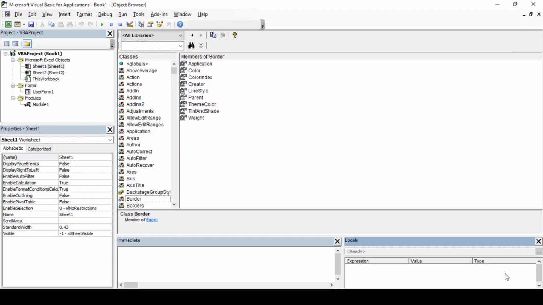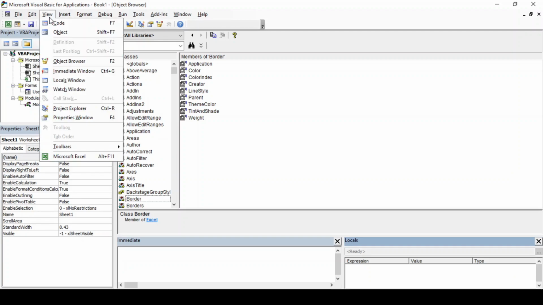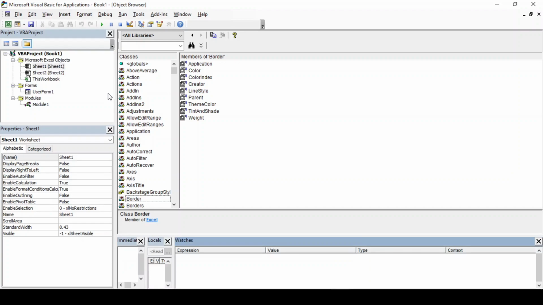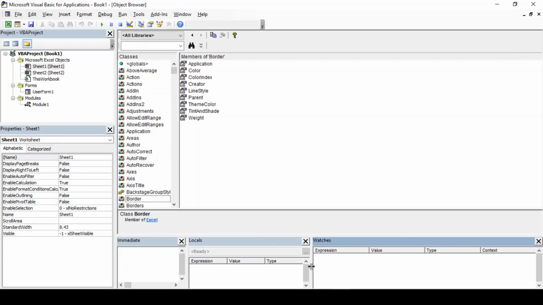Next in list is watch window. If we want to see the watch window, then we need to go to view and click on watch window. When we click on watch window, the window will automatically attach to the bottom of the VB editor. A watch is a variable or expression that has been placed in the window to enable us to monitor its value. It lets us watch the values of variables and expressions as our code executes. When our application enters break mode, the watch expressions we select appear in the window, allowing us to observe their values, etc. It is also possible to set up conditional watches. This window automatically gets updated after each line of code is executed.